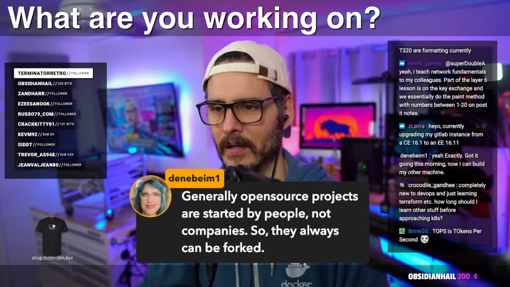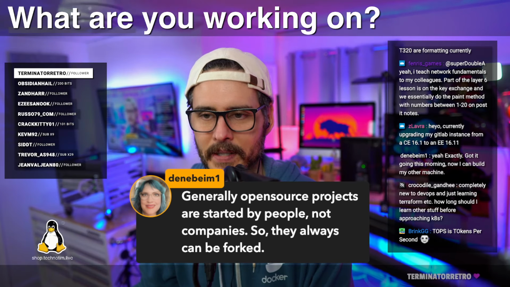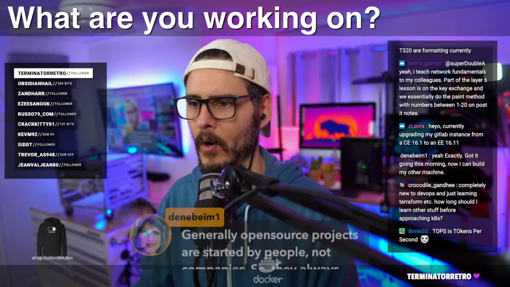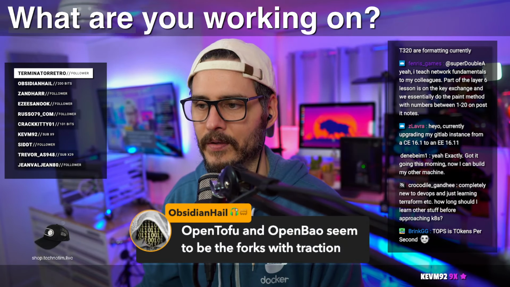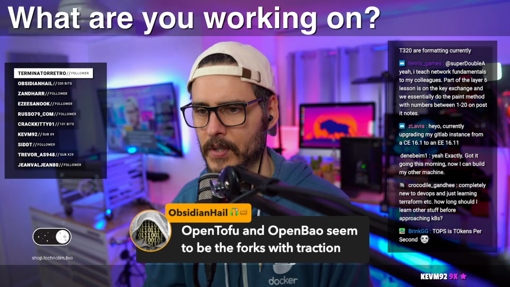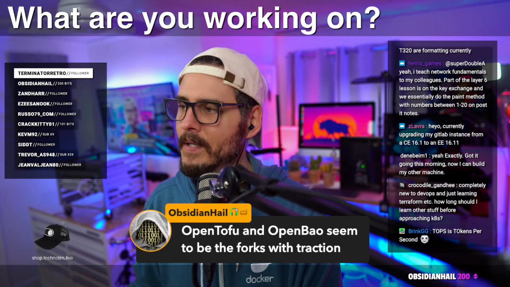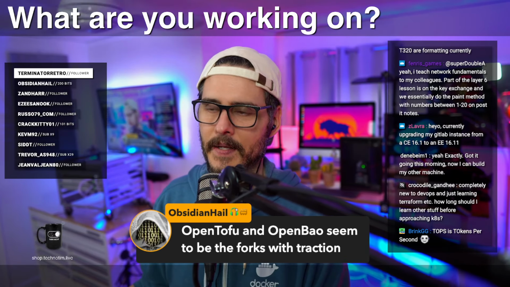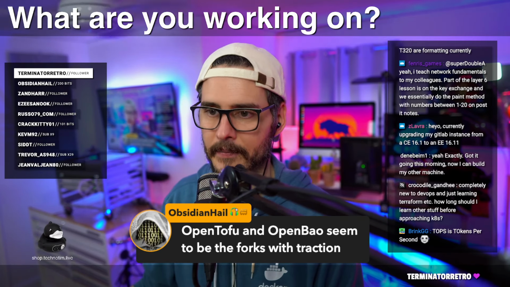Yeah. Generally, open source projects are started by the people, not always companies, so they can always be forked. Denabime, yeah, good point. OpenTofu and OpenBao seem to be the forks with traction. Yeah, for sure. I'm always curious how this is going to go for OpenTofu. I get it that they forked it, and it's 100% Terraform compliant now.